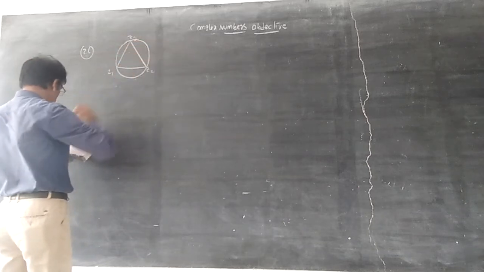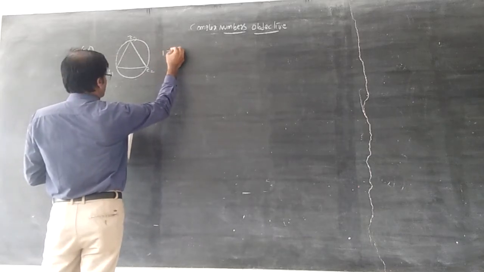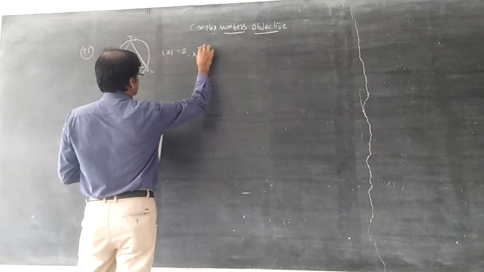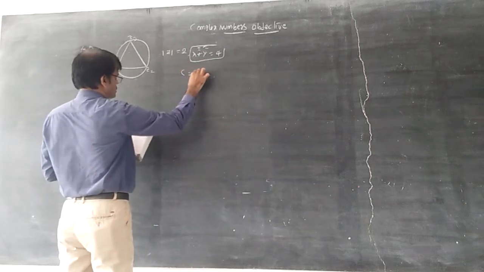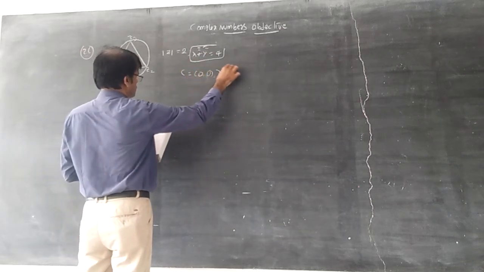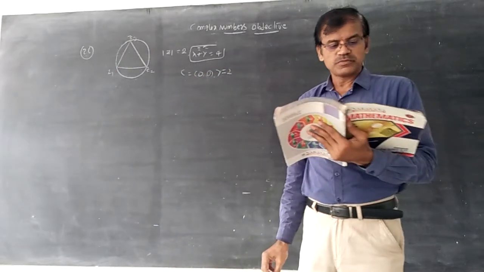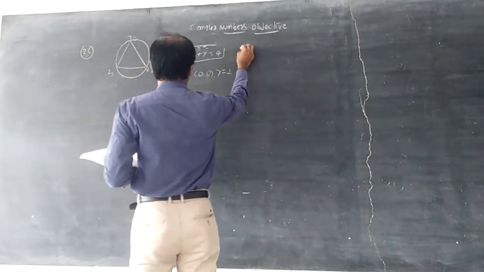This is inscribed in a circle, and modulus z is equal to 2. Whenever modulus z is equal to 2, by squaring both sides, this is x square plus y square is equal to 4. So center is 0, 0 and r is equal to 2. Radius is equal to 2. Next, if z1 is equal to 1 plus i root 3,